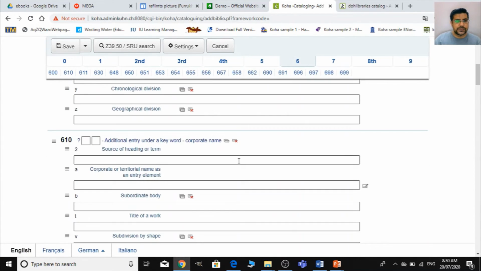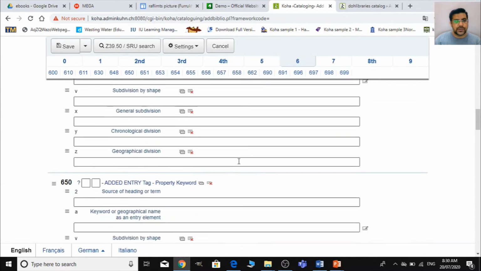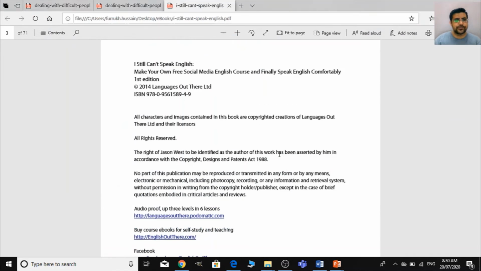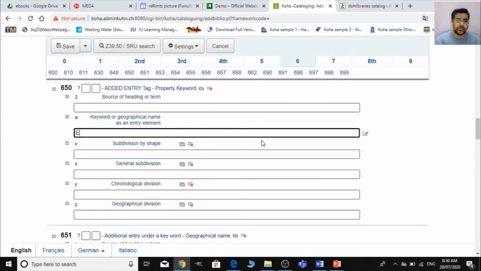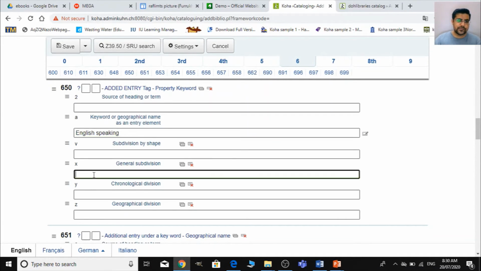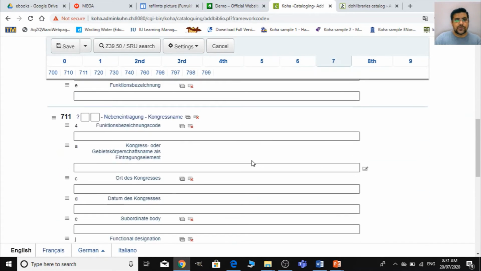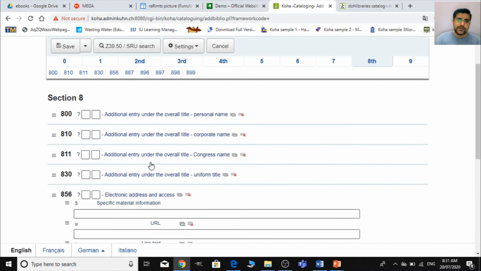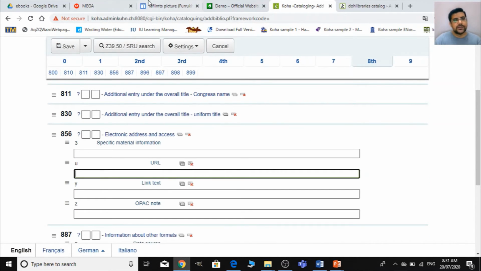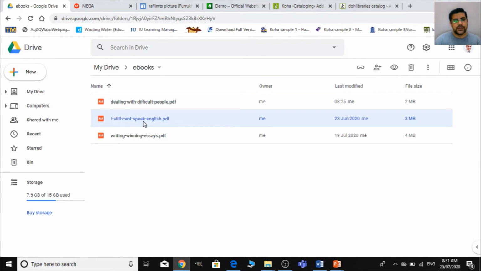600 is for subject heading, so you can add subject heading, for example, speaking. 700 is for co-author, 800 important, 856 URL, there you need to provide the URL. Okay, now let this time